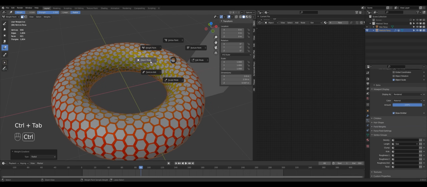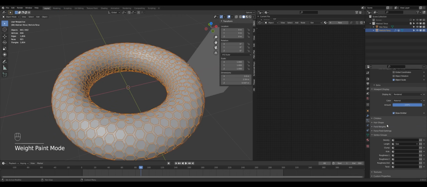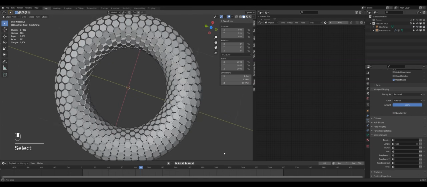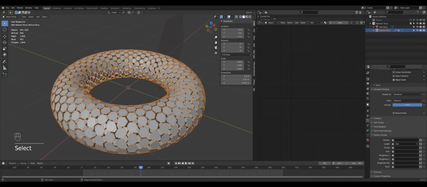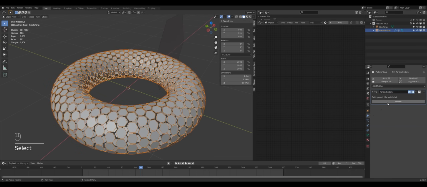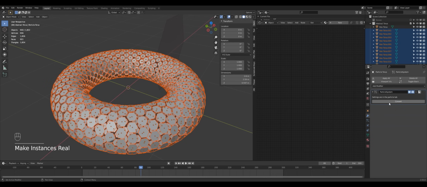Exit Weight Paint mode, and in the particle settings in the viewport display uncheck the show emitter box in order to hide the torus. Now select the particle torus, then go to Modifier menu and click Convert button on the particle system. This will create a separate object for each individual particle and make sure that you leave all of them highlighted,